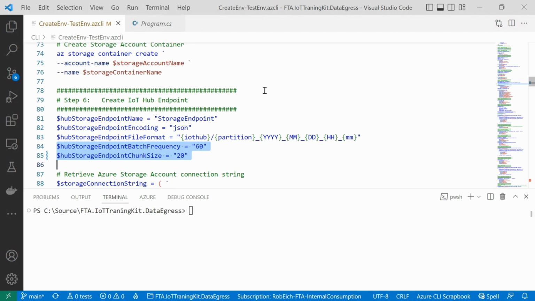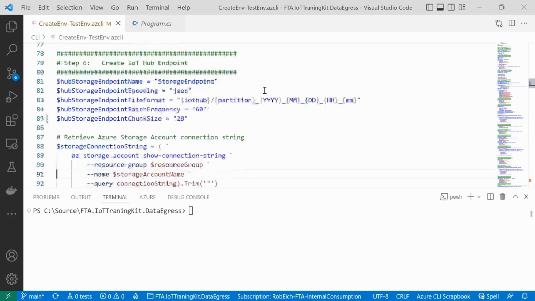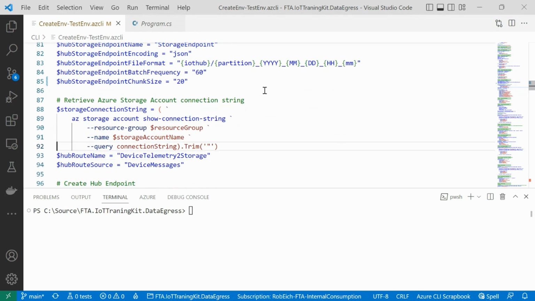And here you have to play really according to your scenario with the numbers. Those figures are good for a demo scenario, but in the real world, please make those figures a little bit higher so that you can really cope with incoming frequency and message frequency and with incoming message sizes. So that's all what I'm doing. I'm creating the storage account. Then I'm also saving the storage connection string in a variable.